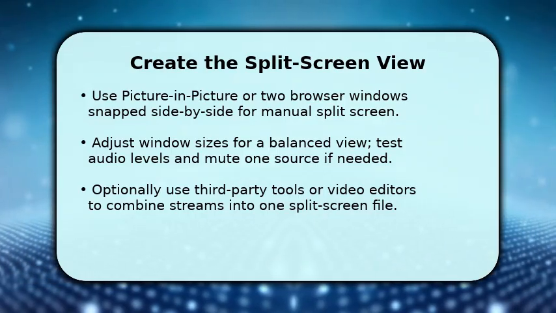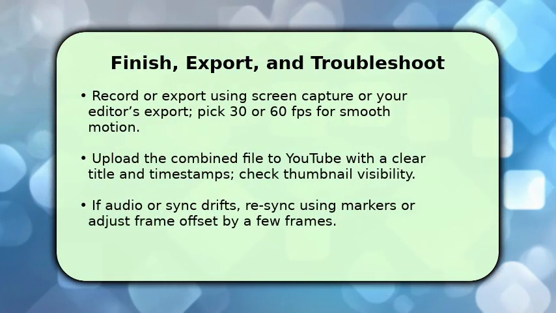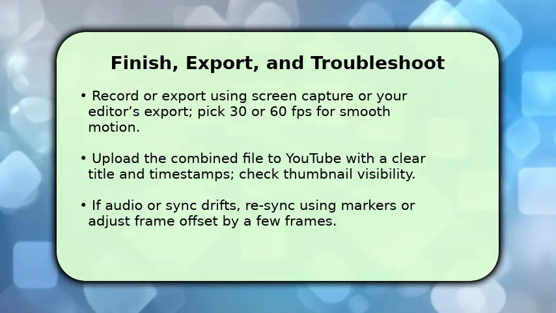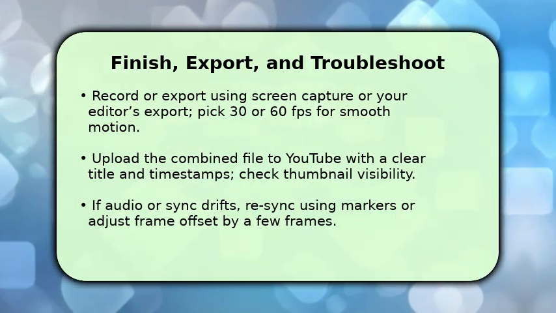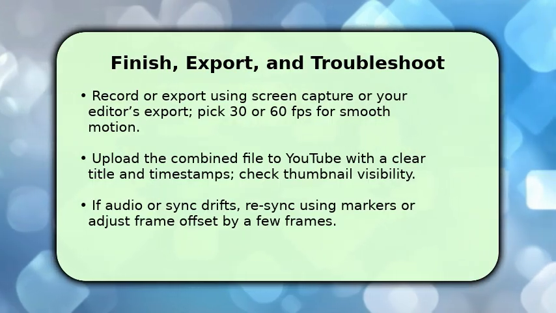positions and transitions. Finish by recording your split-screen session or exporting from your editor. Pick 30 or 60 frames per second for smooth motion. Once exported, upload to YouTube, add a descriptive title, and include timestamps for each side's key moments so viewers can